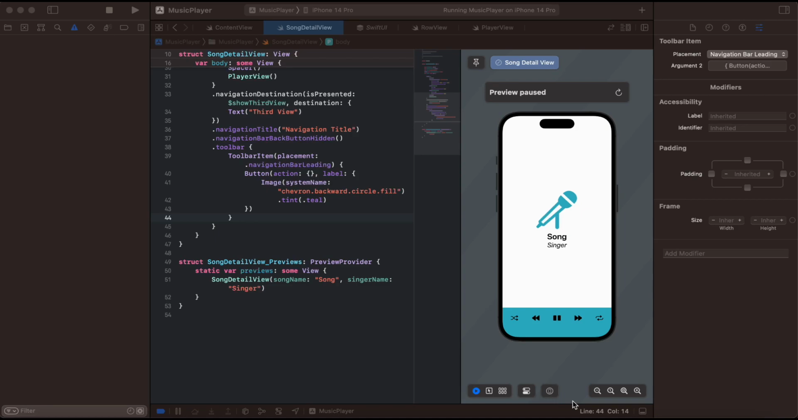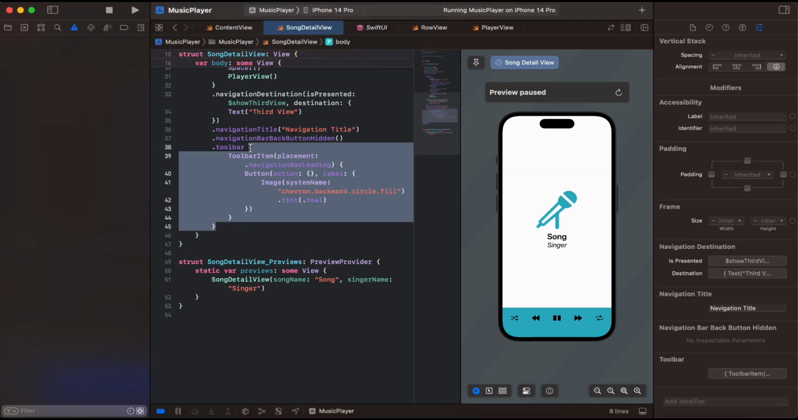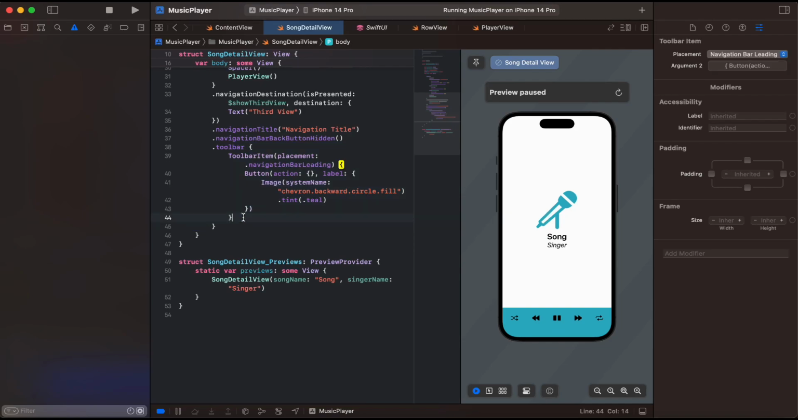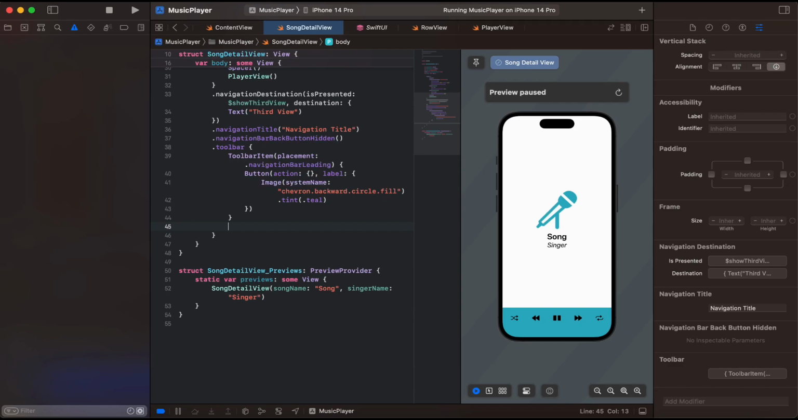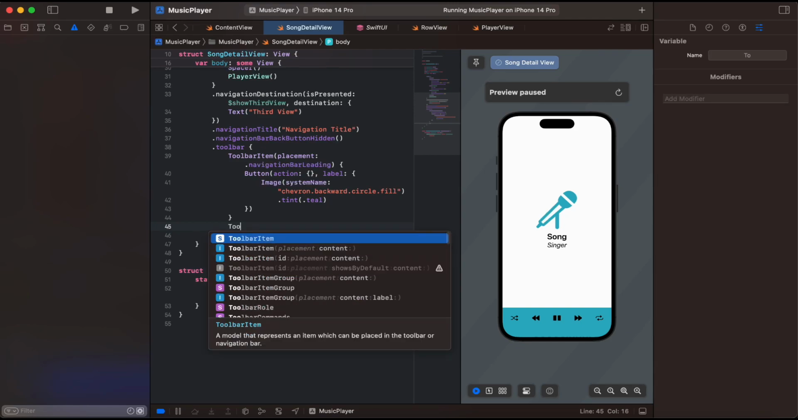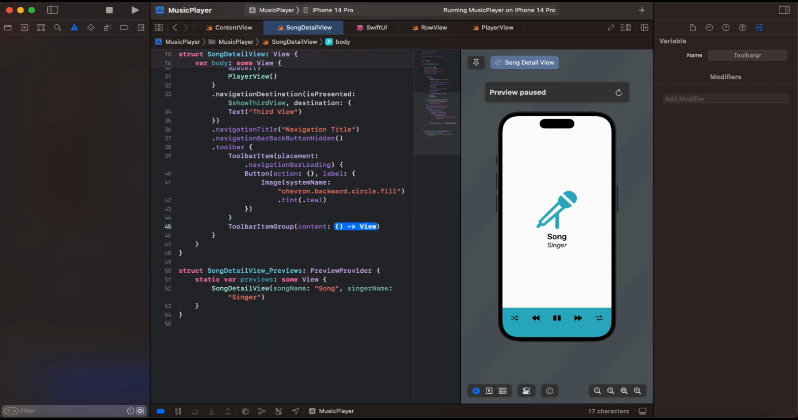One more important thing that we are going to see finally is toolbar group. Toolbar group is nothing but a group of items that we place inside a toolbar for the particular placement. For example, now we are going to create a group of buttons in the navigation bar trailing portion. Let's see how we are going to create it. So inside the toolbar, we have already added a toolbar item in a leading part. Now we are going to have a group of buttons in the trailing part. Just add a toolbar group